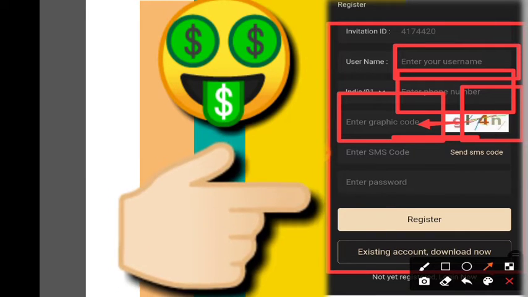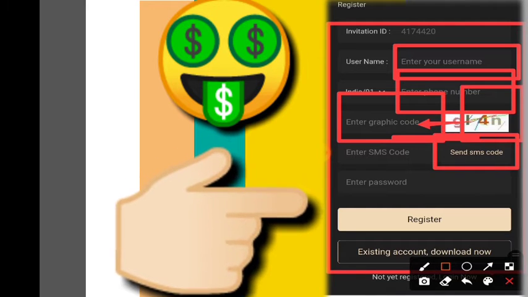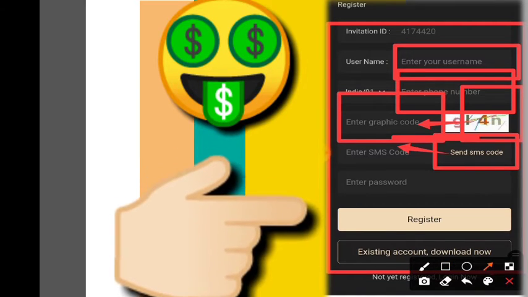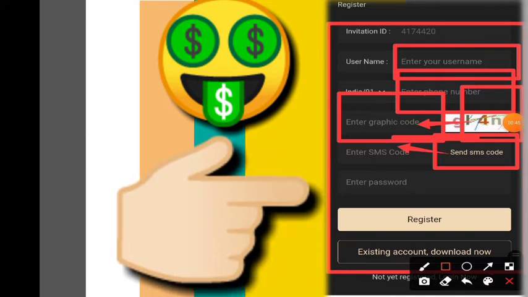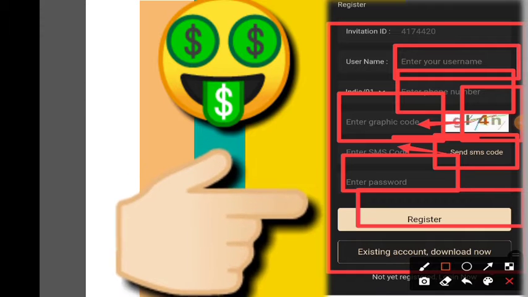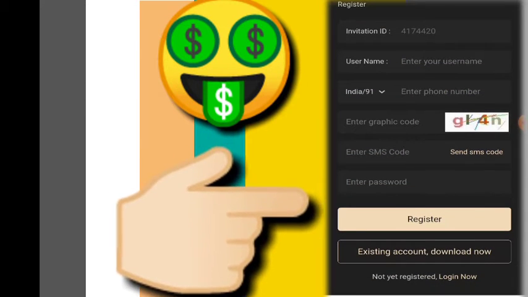your phone number, the code which is given on the other side of the screen. Firstly click on send SMS code, then you will get a code, then paste it here and enter any password that you want and then register, and after that click on download now.